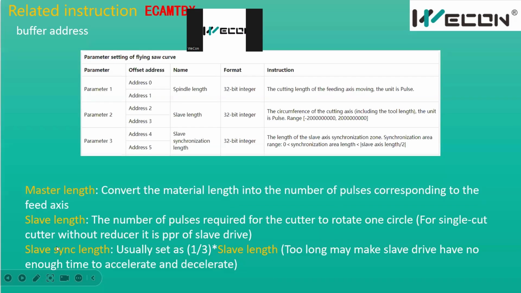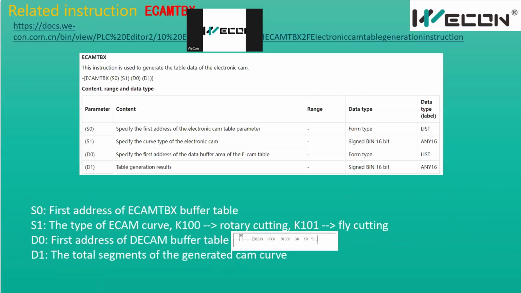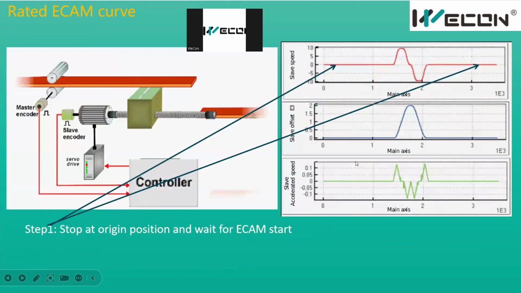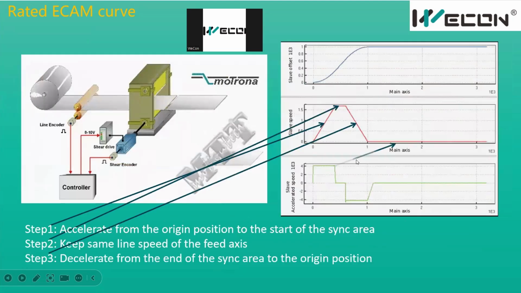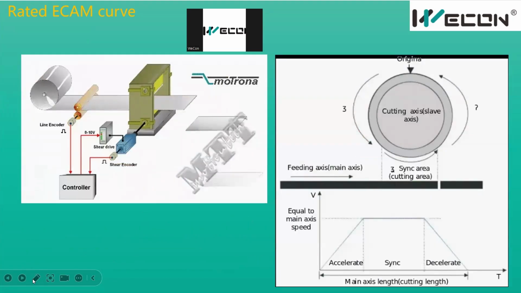And then the third parameter, the slave sync length, usually we set it as about 30% of the slave length. Because if we set the sync area too long, okay, check here. In this picture, the sync area is about 30%